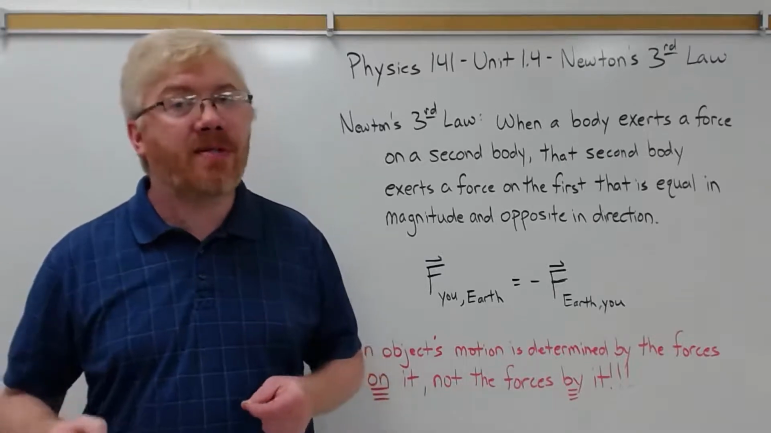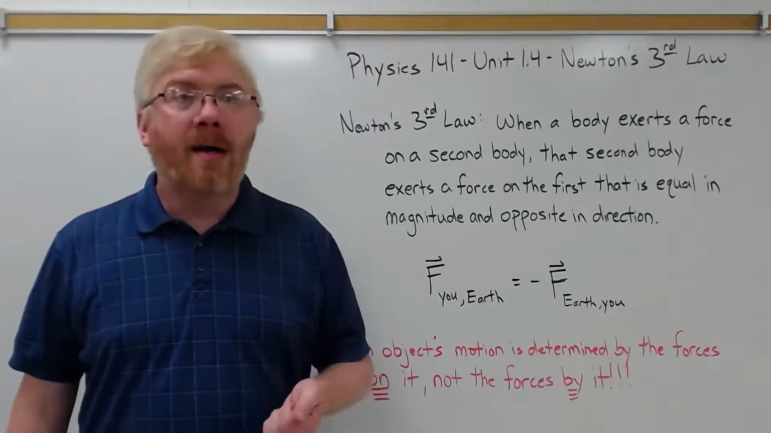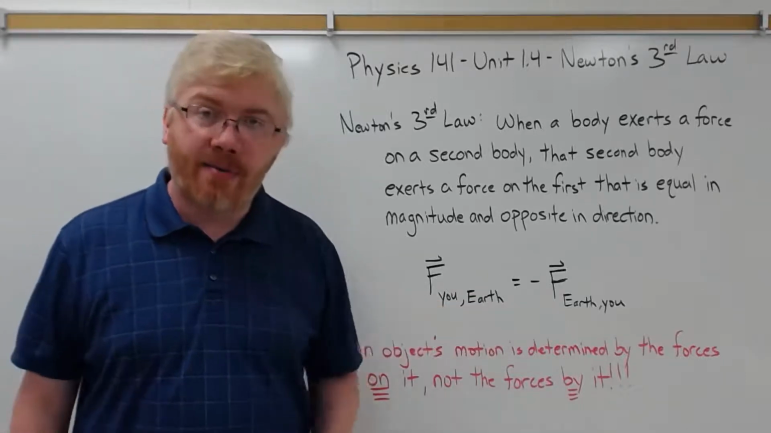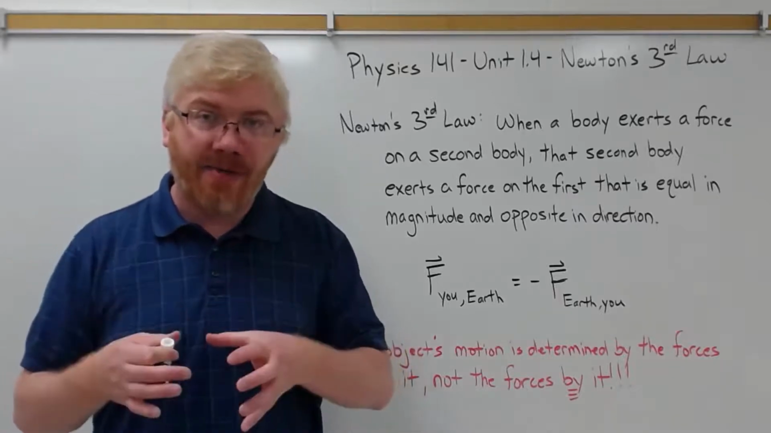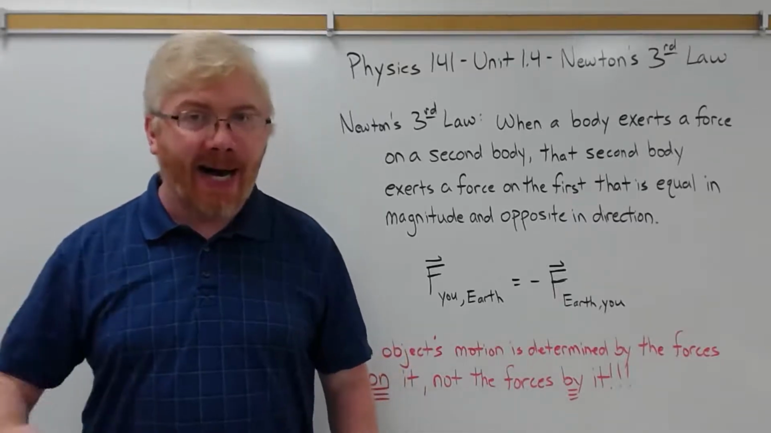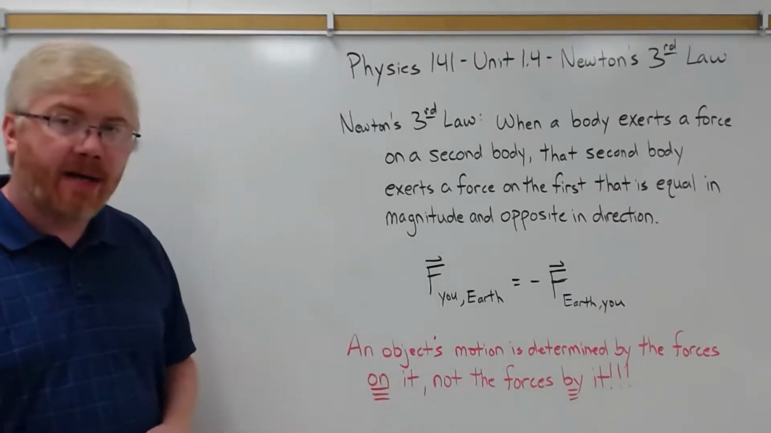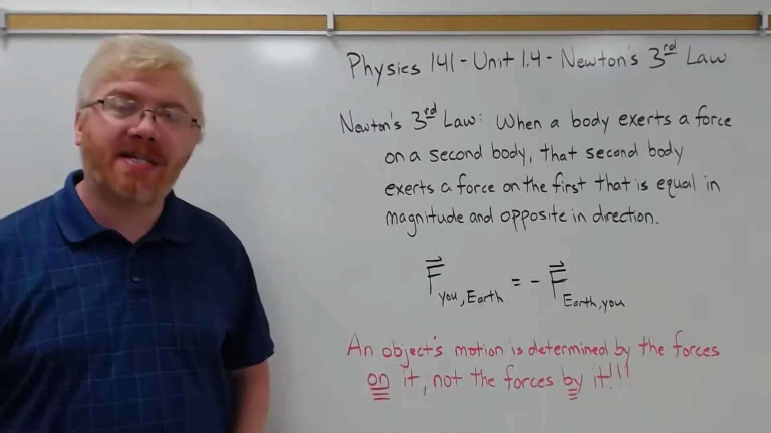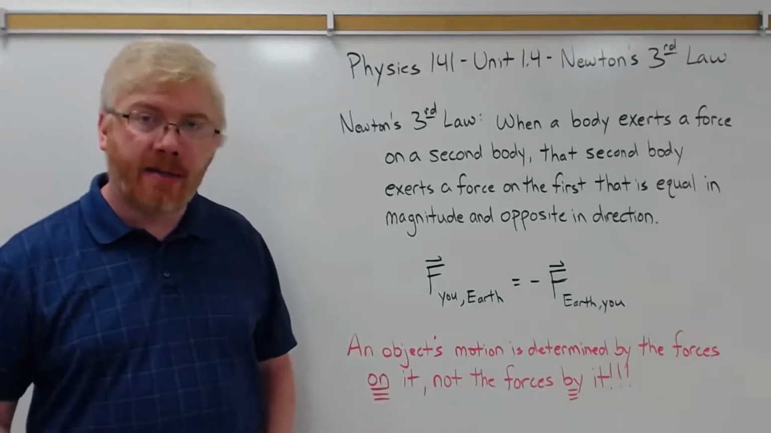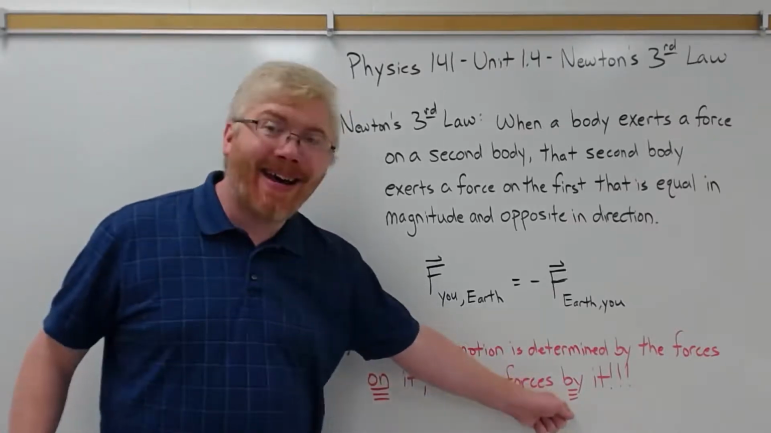Now again, these forces don't cancel, so the net force on an object is not zero because these forces are on different objects. When you calculate the net force, you're calculating the net force on that object, not the forces by that object. And that's an important, critical point I have highlighted here. An object's motion is determined by the forces on that object from external sources, not the forces by that object